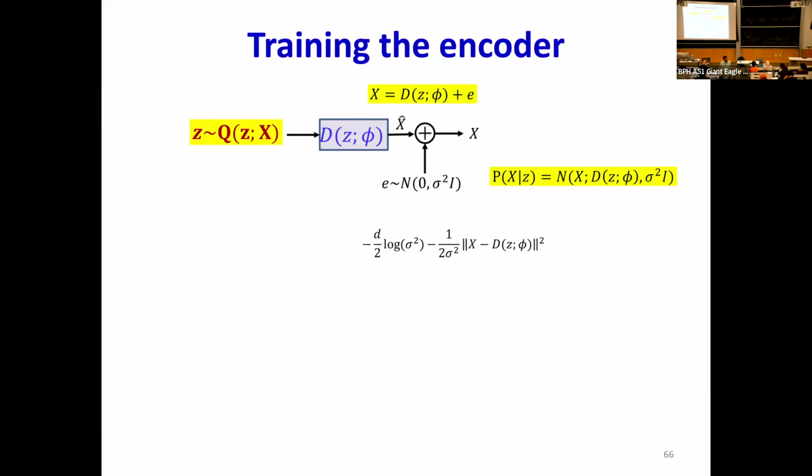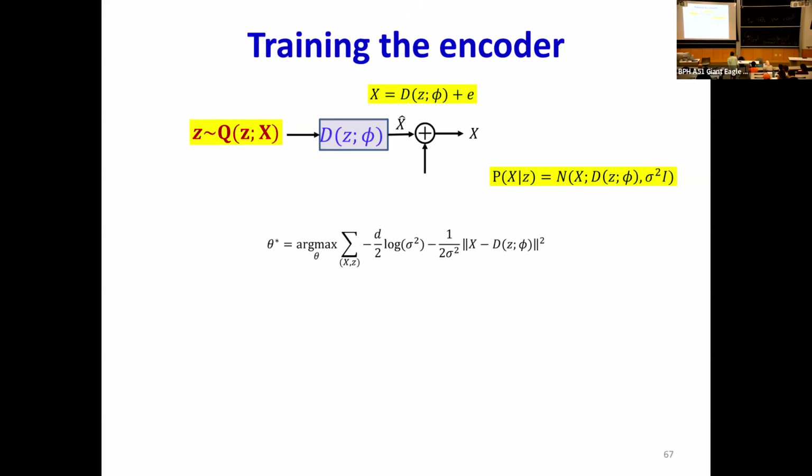So I can write down the formula for this, which is the log probability of x, given that if I sample z from Q, the output of the decoder is going to be x hat. If I give you this x hat for that particular sample, what is the probability that I will see this face? Or what is the log probability? That's just given by the log of the Gaussian, computed with the mean at x hat.